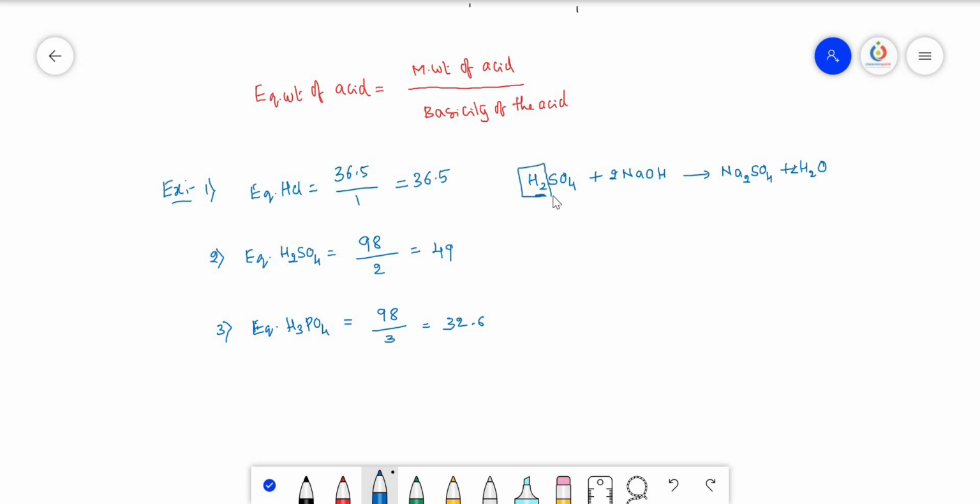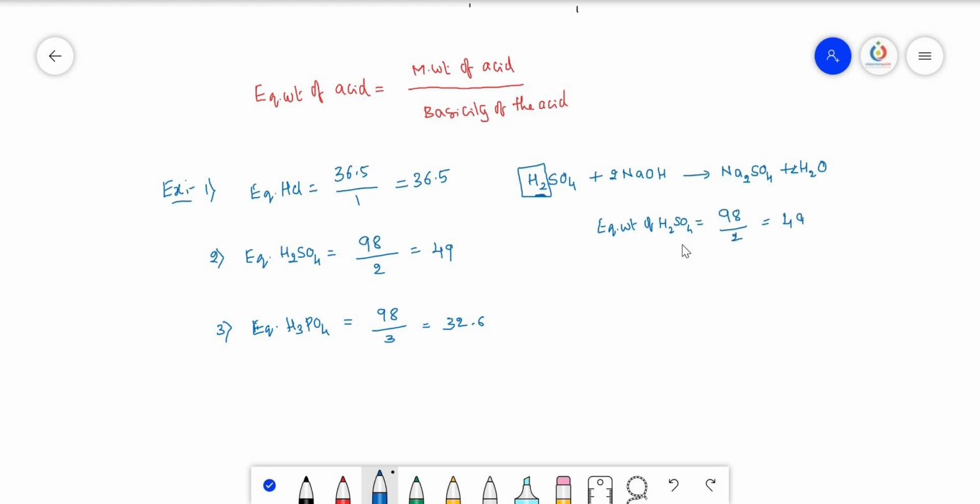Both the H plus ions participate in the reaction, because here SO4 2- is not having any hydrogens, all hydrogens are completely replaced. That's why now the equivalent weight of H2SO4 is equal to molecular mass divided by the number of H plus ions that participate in the reaction, 2,